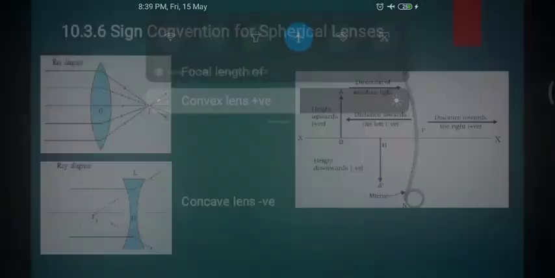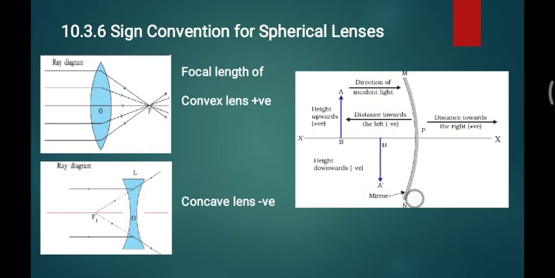Sign conversions with the help of spherical lenses. Actually, I don't need to talk much about this topic here, because whatever we discussed regarding sign conversions in mirrors exactly follows. You have seen this earlier, because this is nothing but the concave mirror. Sorry for that, but you can imagine it is a convex mirror or a concave lens here, then all other things are the same. That's why I don't need to replace it.